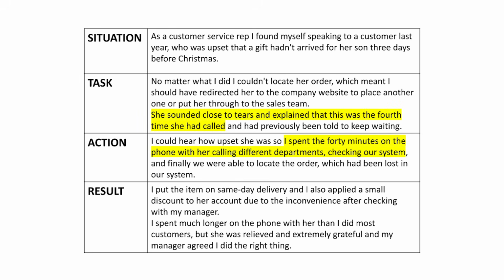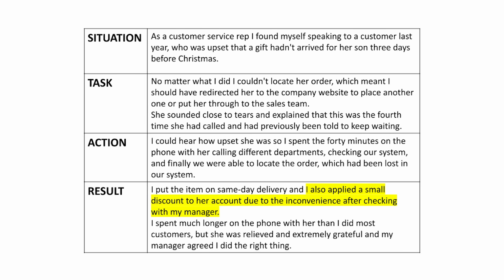It's the 4th time she called. So you're creating context there, adding specifics of the situation to show that you were empathetic to her for these reasons, which is key. So in your interview, if you're asked about going above and beyond or going outside the normal requirement of a job, the interviewer wants to see that you are able to identify when it's appropriate to do so, as well as what you consider to be above and beyond.